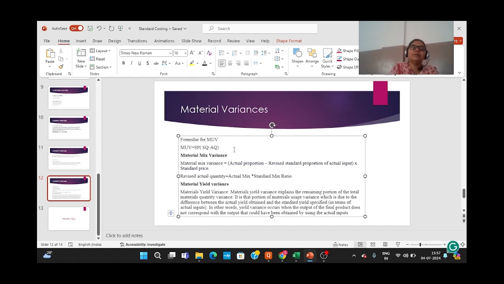Next is material mix variance: actual proportion minus revised standard proportion of actual input into standard price, and this revised actual quantity is calculated by the formula actual mix into standard mix ratio. Basically, material mix variance is when we are having more than one material and their standard mix and actual mix have changed, and the variance that has arisen is known as material mix variance. For example,